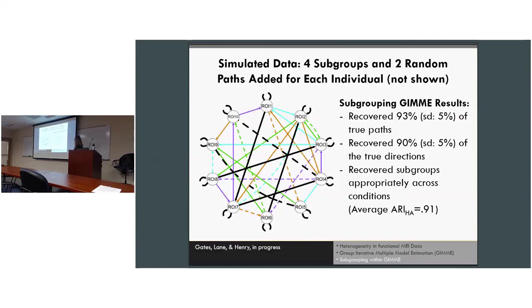So these black ones are group level, and they're also thicker. Maybe hard to tell here. So in this case, only 25% has that path, for instance. And then as far as the weight goes, the autoregressive paths are higher than the cross-lag paths. They are about 0.6, and then the cross-lags are 0.5.